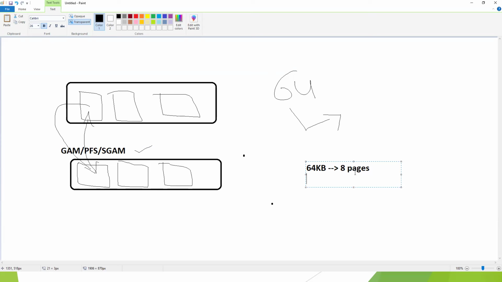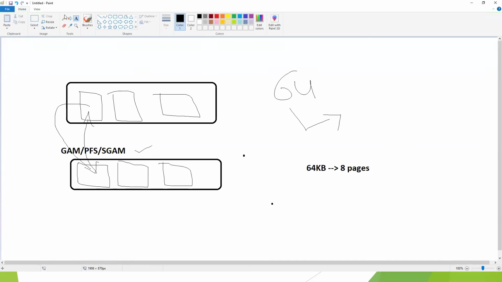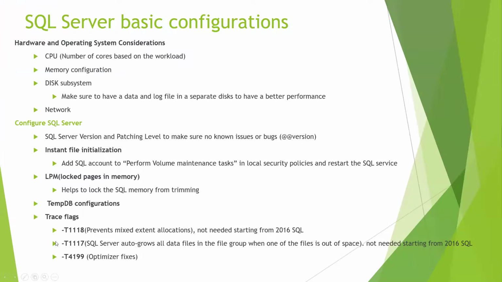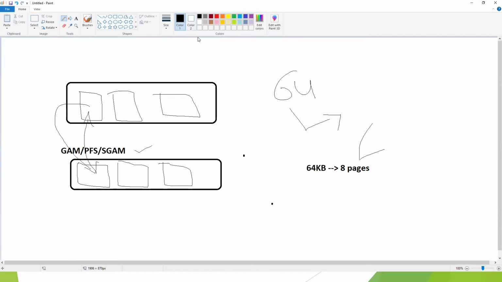To avoid that, SQL Server's default behavior while creating a table is that initially it uses the mixed extent. So it will not allocate a uniform extent, it will use a mixed extent. So 8 pages can be accommodated by 8 different tables. That can be very intensive, right? For example,